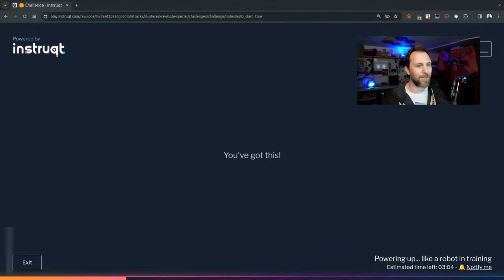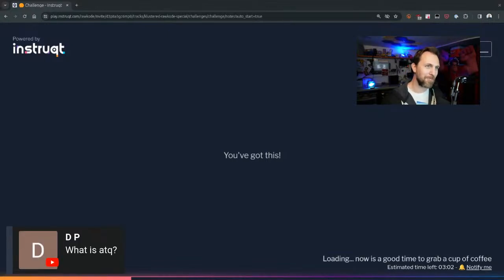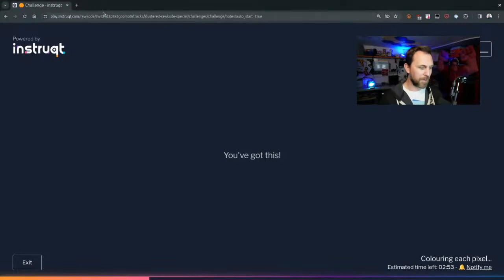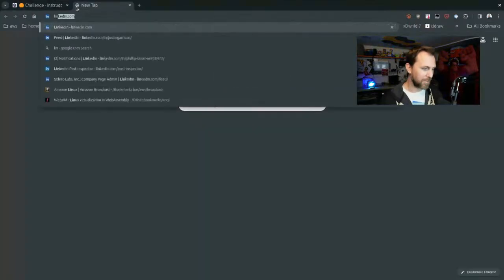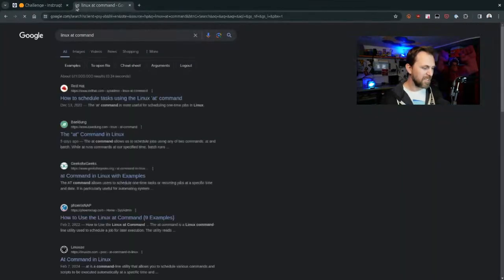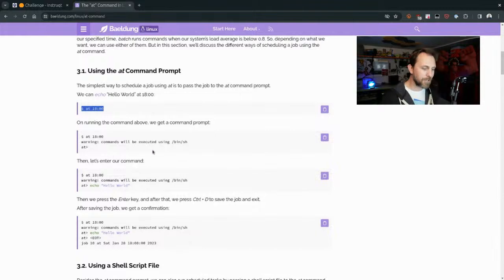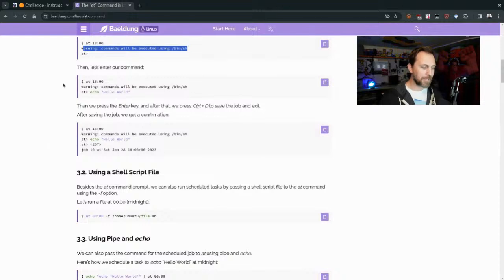atq is a job runner for Linux that no one should be using anymore. But it's an amazing command. Like at a time, run a command for me. Linux at command, and so you can schedule. It's like cron for one-off stuff. Like at 1800, run a shell script, right? And you can say, this is what we want you to do. But my guess is here,